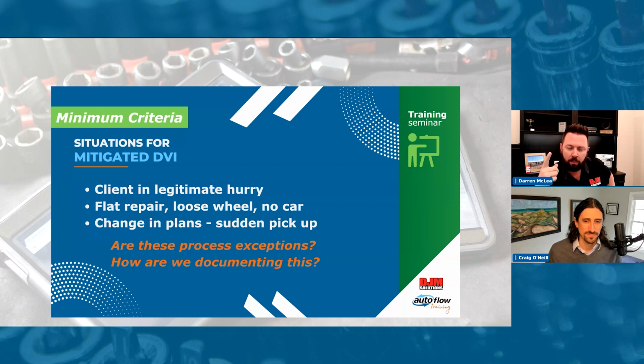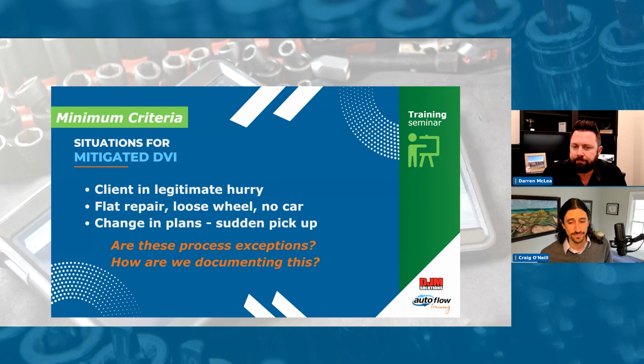So our things were air pressure we had to do, and we would always do a light check. So it was a light bulb check: blinkers, brake lights, reverse lights, headlights, high beams, that type of stuff. Because I was buying two cars last night. One of them, the taillights weren't working. Another one, the headlights weren't on. He couldn't tell because of the bright city lights. Yep, terrible. And those are those things that